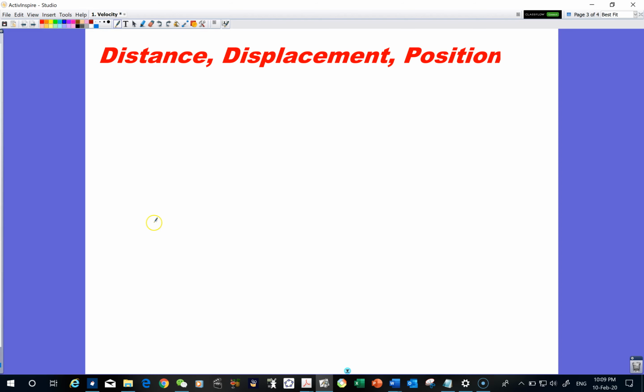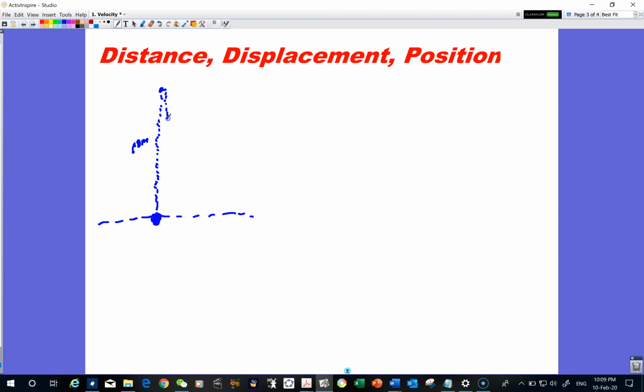Let's say you throw an object. Let's say you are here. You throw this stone from here. This is your hands position. You throw an object up in the sky, and the object travels, let's say it moves 10 meters up,